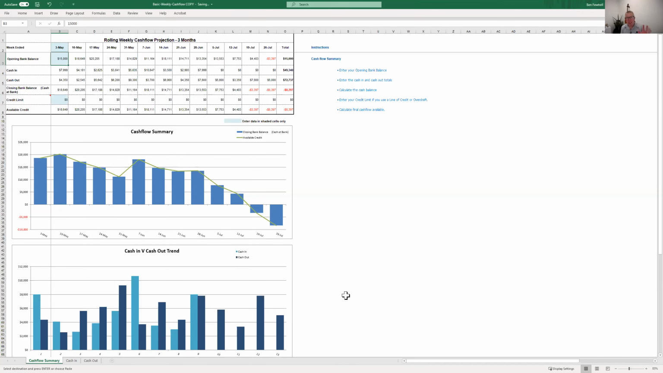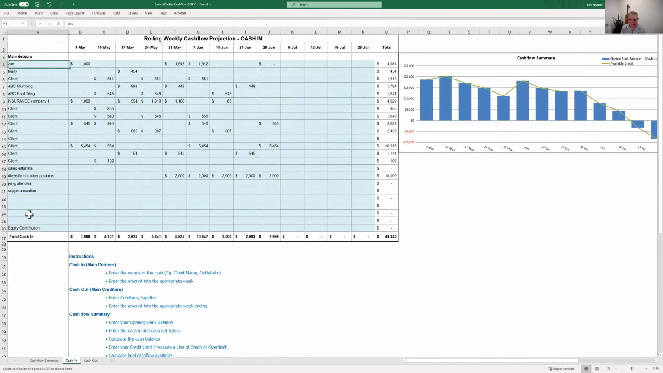So is there any questions about cash flow forecasting? Has anybody got any questions? And by the way, I recommend you use this tool, if you have more than 26 cash flow ins,